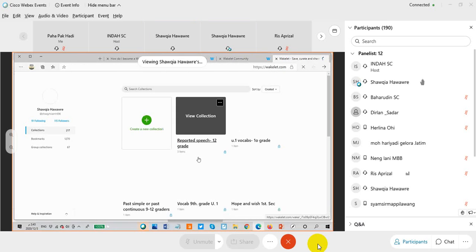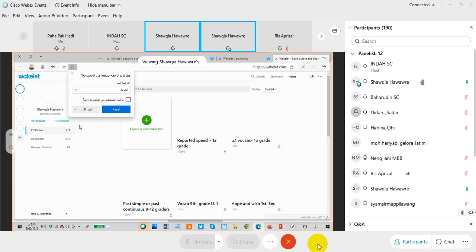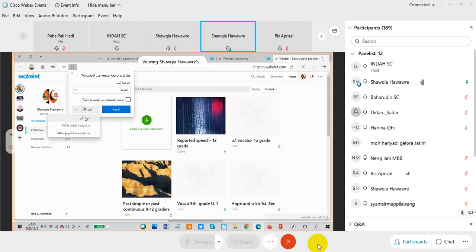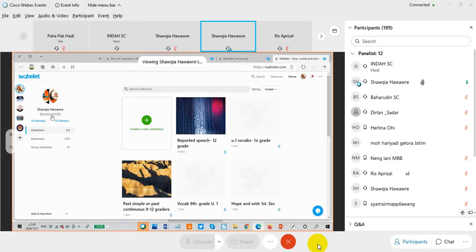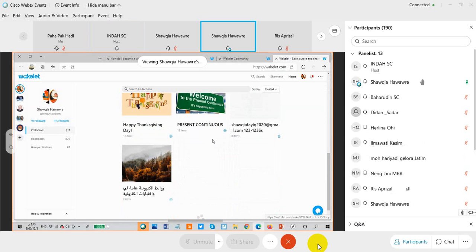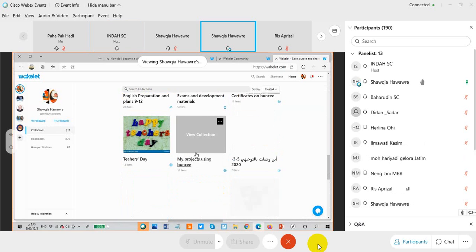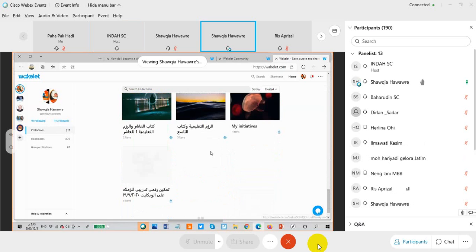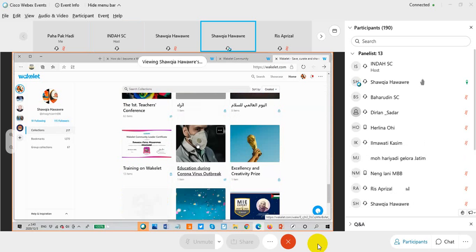Yes, this is my account on Wakelet. Look here, please. This is my account, Shawqiya Hawawra. This is the username that the Wakelet site gives me. I have 91 following and 115 followers. What about these collections? As you see, I have 217 collections. They are, for example, for development, for my curricula, for my achievements, for my initiatives, for many topics that I use